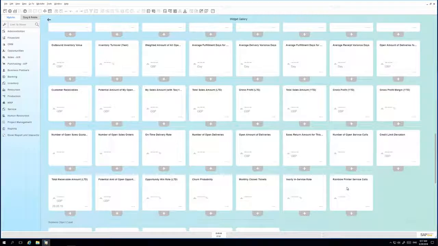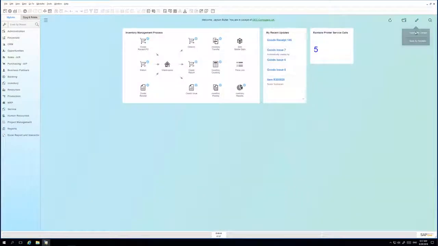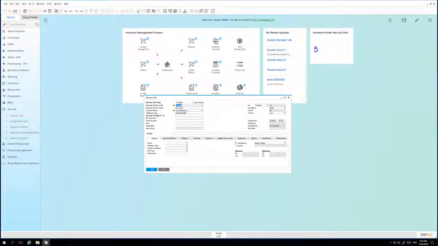Here we can now see our Rainbow Printer Service Call KPI that we just created, and we can simply check the box in order to add it to our cockpit. And then we simply update our cockpit. If, for example, an additional service call is created for that item, so if we navigate to Service, Service Call, and we select Rainbow Printer,